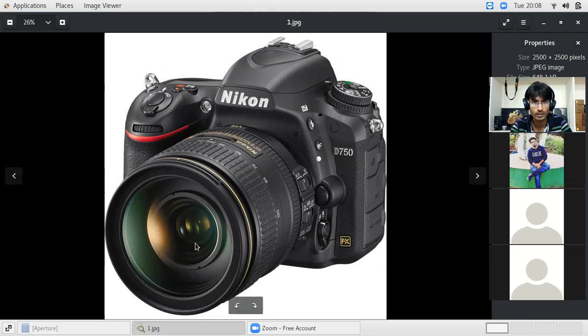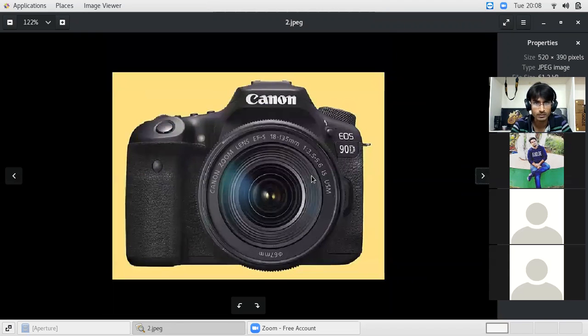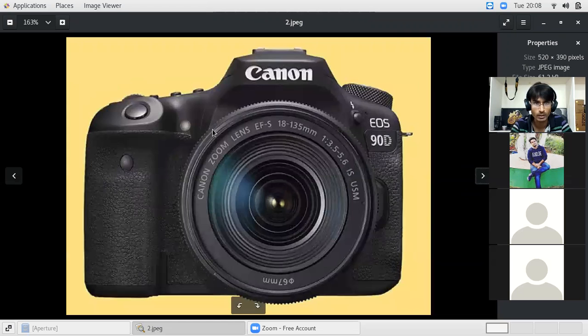Here is a closer view. This is the actual lens. In this, one small circle is there. This is the opening. Through this opening, light enters into the camera. This opening is called aperture. So now we know what aperture is.